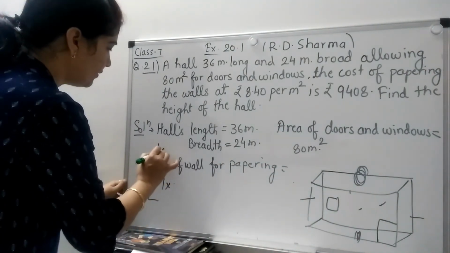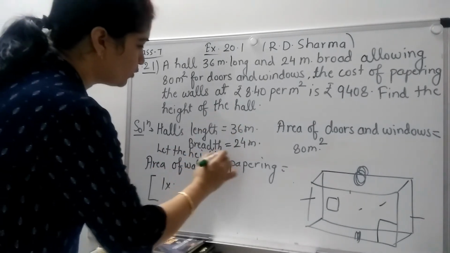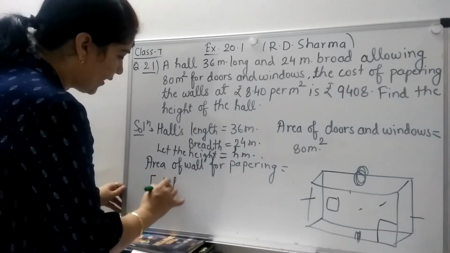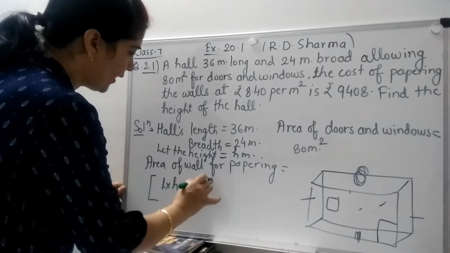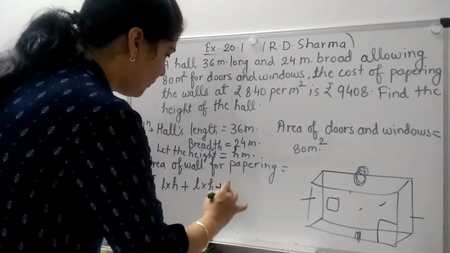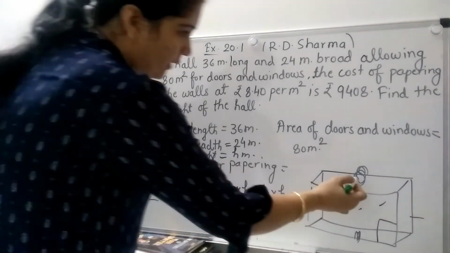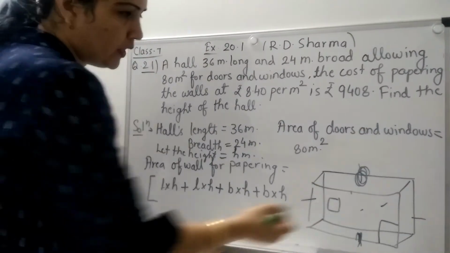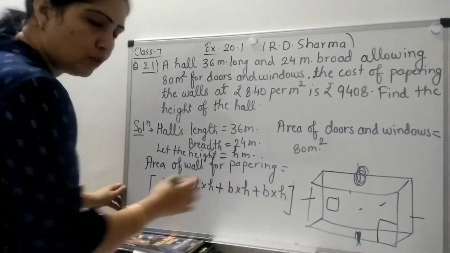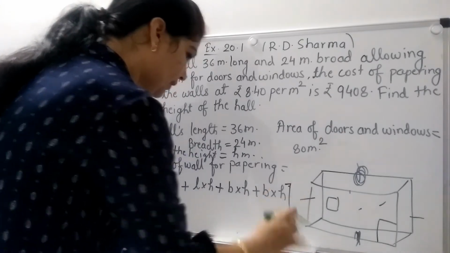First we will assume, let the height be, we have to find out the height, no? Height of hall. So height, assume h meter. Now we will use the formula L into h plus L into h, because there are 2 lengths, then plus breadth into h plus breadth into h. We are leaving the roof and the floor. So there will be 4 sides and each side there will be height. So length into height and breadth into height and breadth into height,